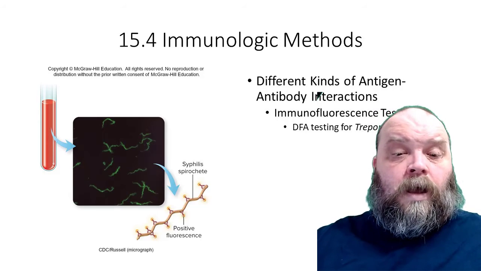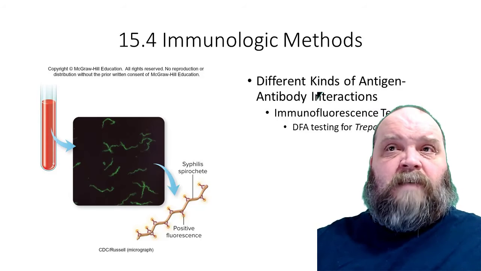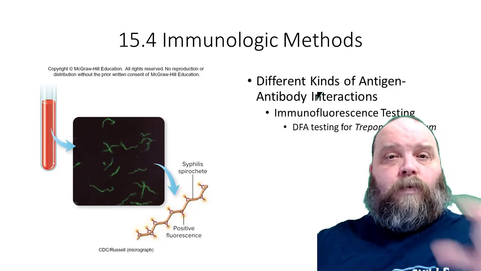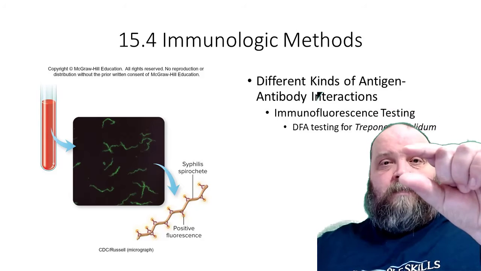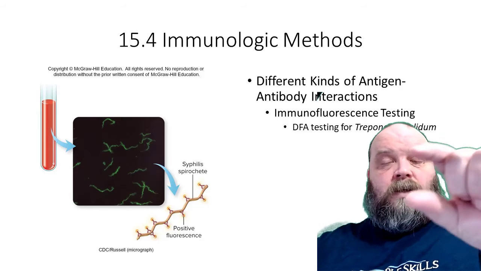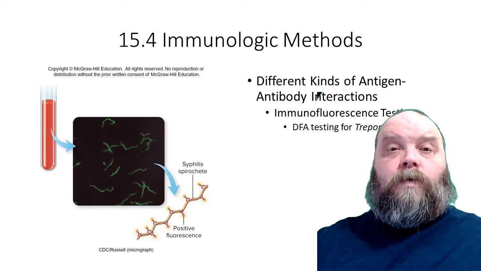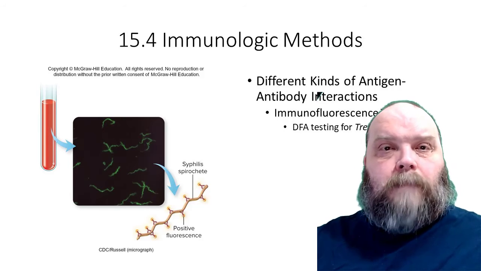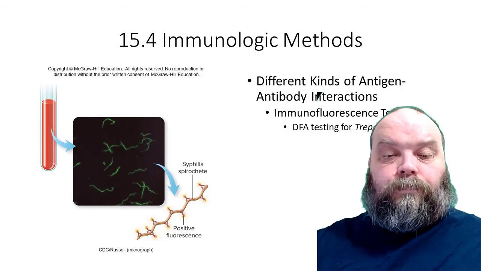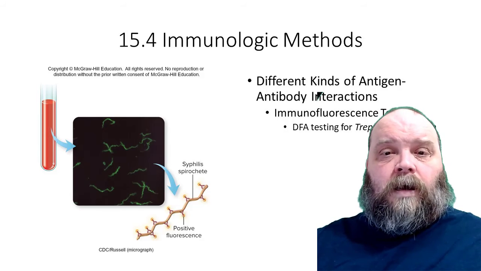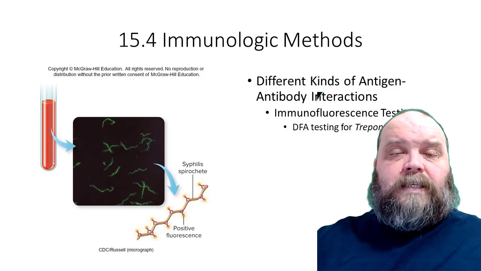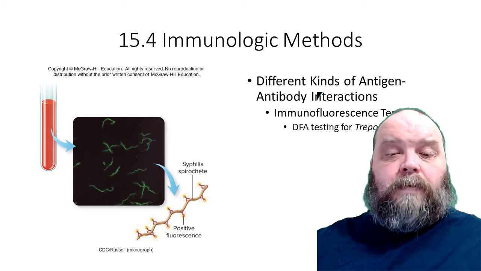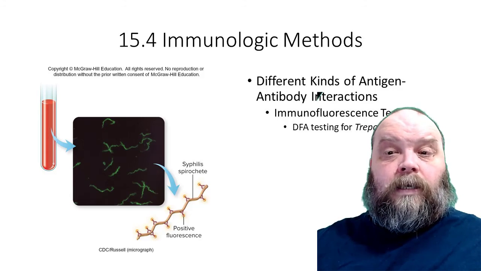There you go. Some tests, to even make it quicker, they'll take the concentrated rabbit serum, and they'll tag each of those individual antibodies with their own little glow-in-the-dark molecule. There's upsides, downsides for both. It all depends on what you're wanting to do and how quickly you want to do the test.